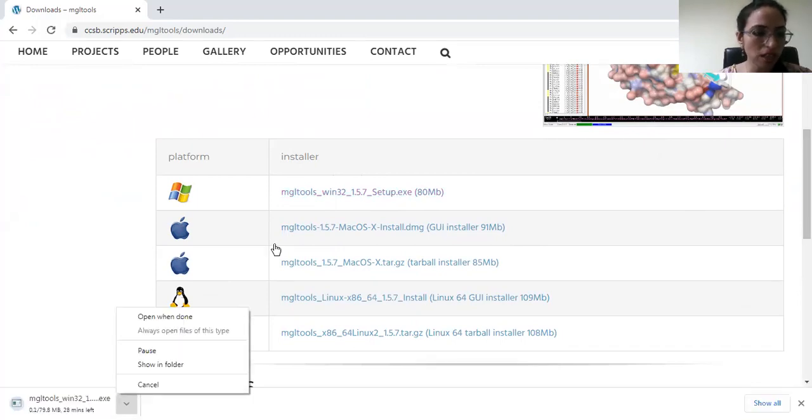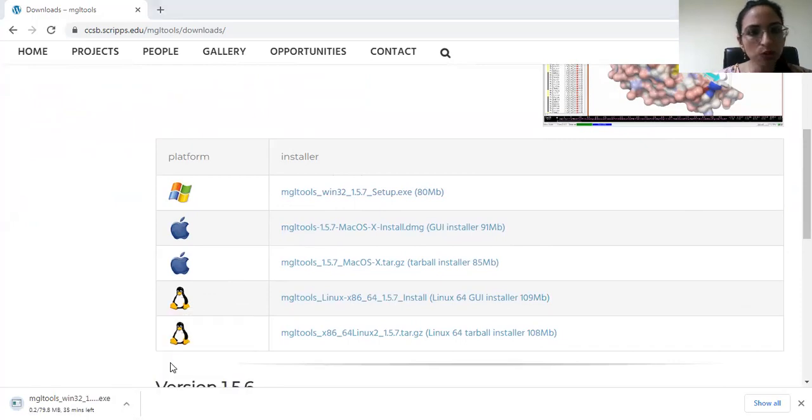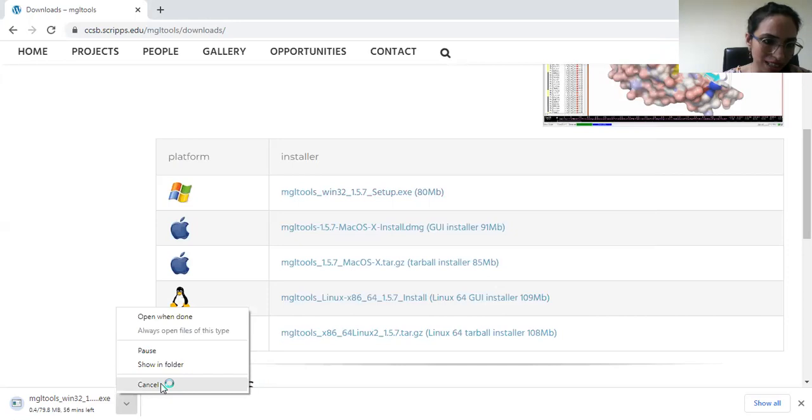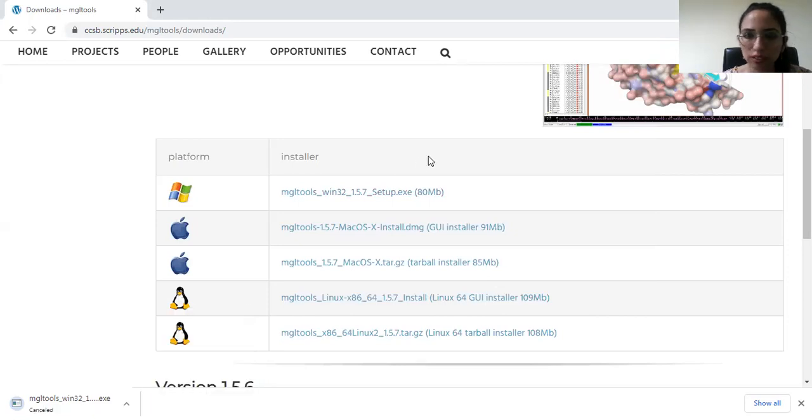Okay, it looks like this. Because I have already installed the software, I just cancel it. After that, we need to follow a few instructions. Firstly, I need to click yes to install this setup.